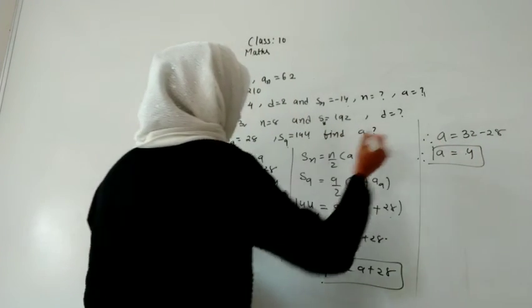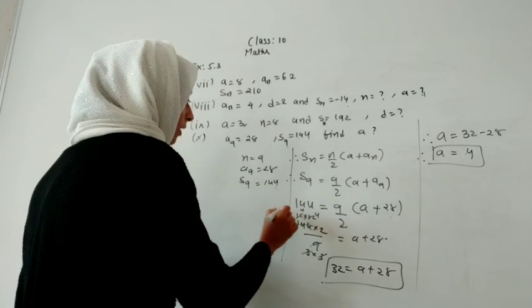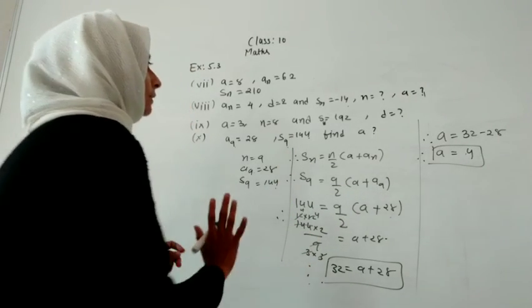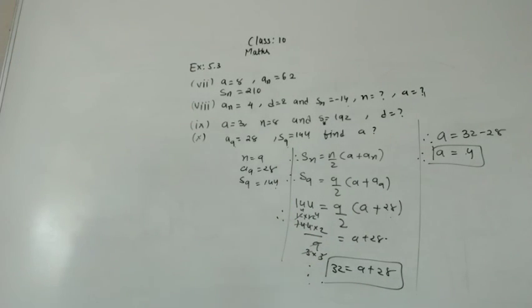I hope you understood this concept. These concepts are very easy, as you can see. Only you should know the formulas, so you can solve it in very easy manner. If you are not knowing the formula, then also try to substitute the value. At the end you will reach to some destination. So this is my concept, that whatever you are knowing, just write it, apply two formulas an and Sn, and you can get your answer in proper manner.